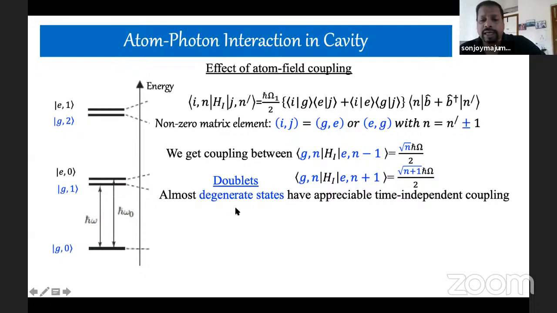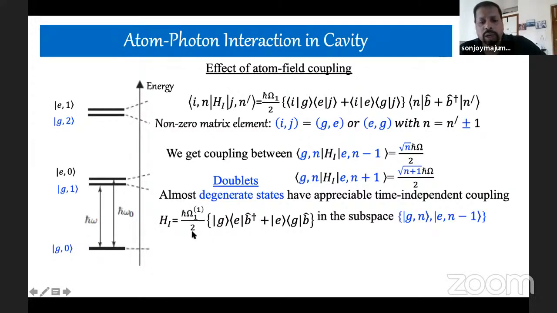Once we have the degenerate states, we will be able to appreciate this time-independent coupling. So in the subspace of Gn and En minus 1, that means if I consider n equal to 1, so G1 and E0, we can write it in this fashion: this corresponds to the emission, this corresponds to the absorption. So this will annihilate a photon, this will create a photon. And depending upon the number of photons, your gamma